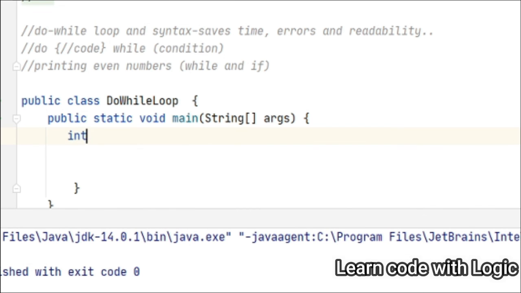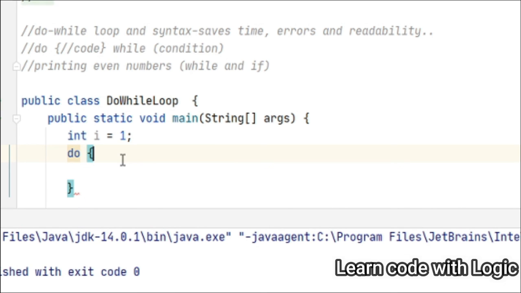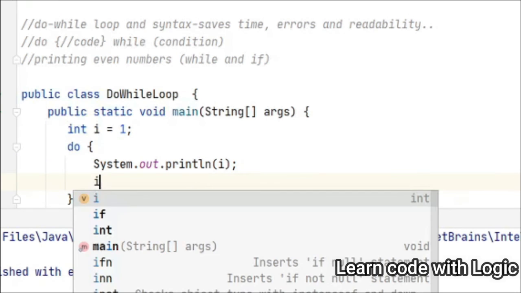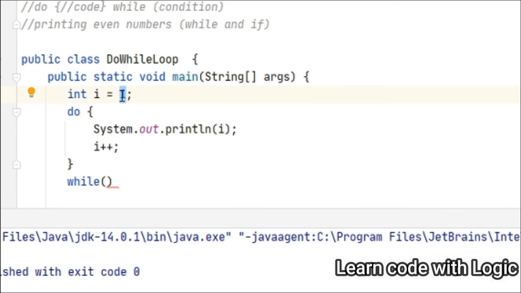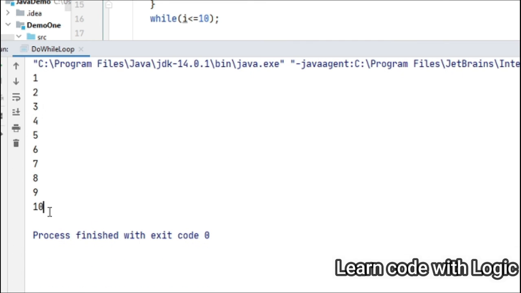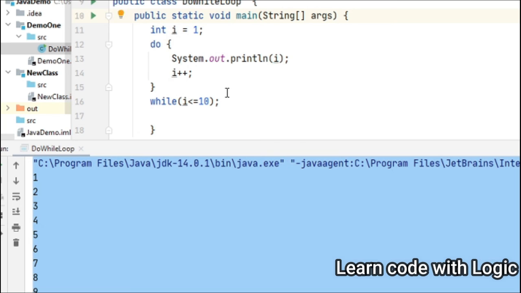This is the example to print the natural numbers from 1 to 10. After initialization, immediately we need to write the statement here, print i, then we need to give the increment operator because we are starting from 1 and gradually it needs to check one by one. After the execution point, you have to give the condition. Save the code and run. Now you can see the natural numbers from 1 to 10. The code is pretty straightforward and very simple.